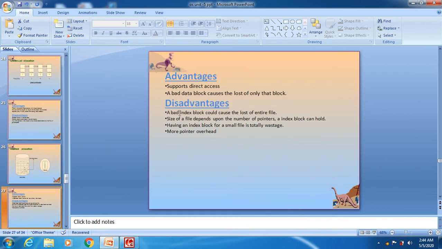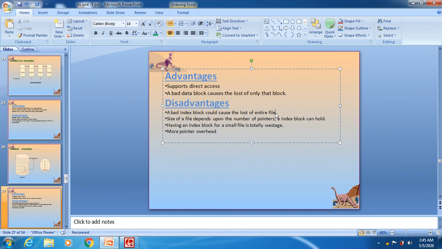Next, we'll see the disadvantages. A bad index block could cause the loss of the entire file. Means we took 11 as the index number here. If that block is bad, or any problem occurs in that index, the total file will be lost. Next, the size of the file depends upon the number of pointers an index block can hold.